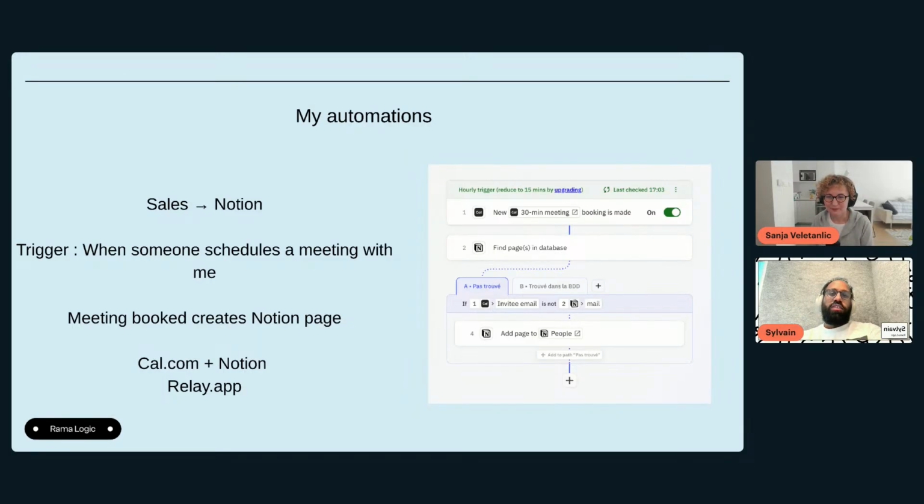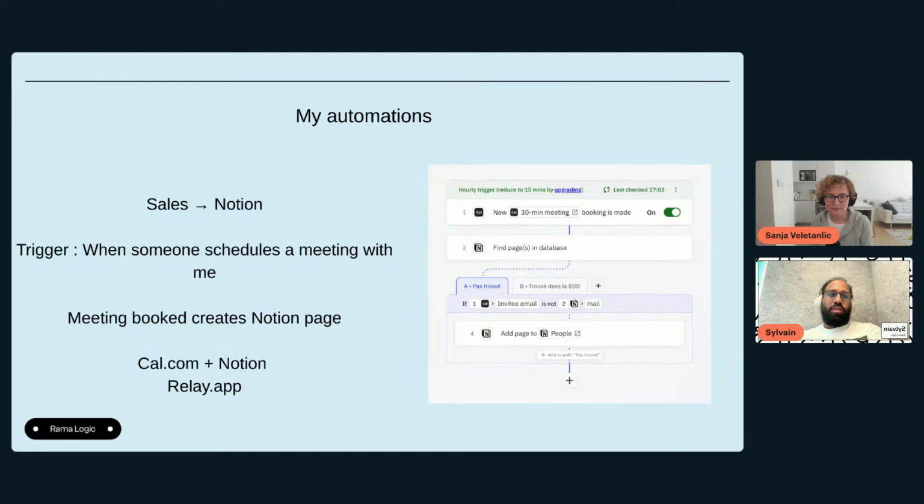So it was pretty efficient. So I was pretty happy. But my CRM was on Notion, so it kind of bugged me to copy and paste the name, because I had it on the cal and I needed to put it on the CRM.